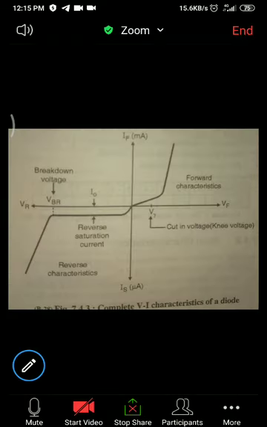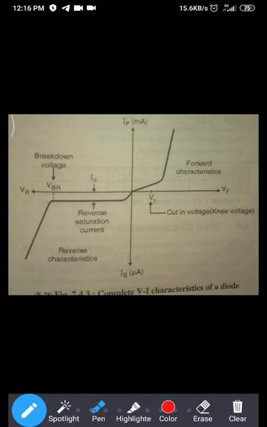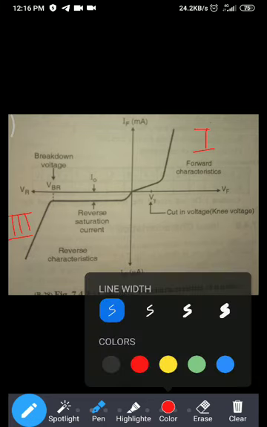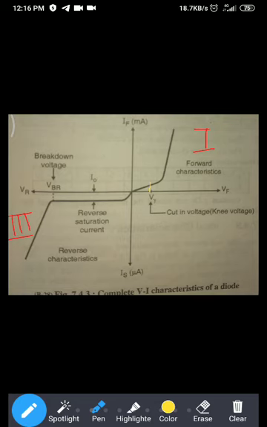So we'll see the combined VI characteristic of diode. Combine means what? It is combination of forward VI characteristic and reverse VI characteristic. So as you can see, this graph which is in the first quadrant, this graph is for forward biasing, and the graph which is in this third quadrant is the reverse VI characteristic. Getting? And see, this voltage is your cut-in voltage. From this point in forward biasing, current starts flowing, and here the voltage is reverse biasing.